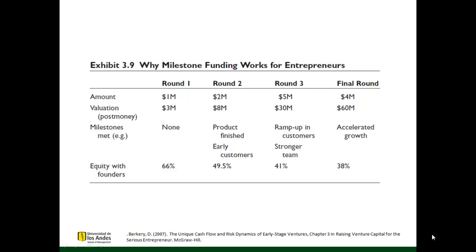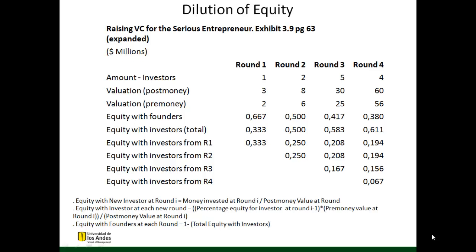So at the beginning they gave away 34% of equity in exchange for $1 million. Then they get $11 million more, right? But they only have to give away the difference between 38 and 66. Let's see this more clearly in this